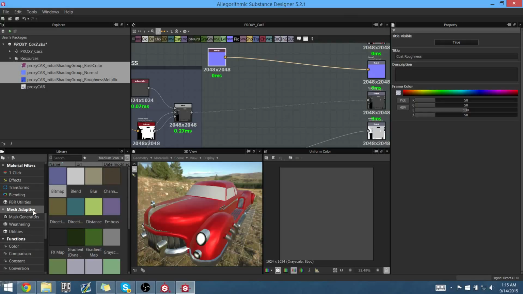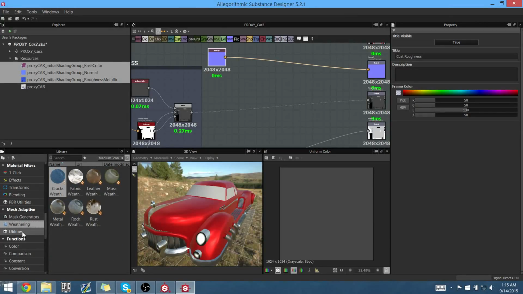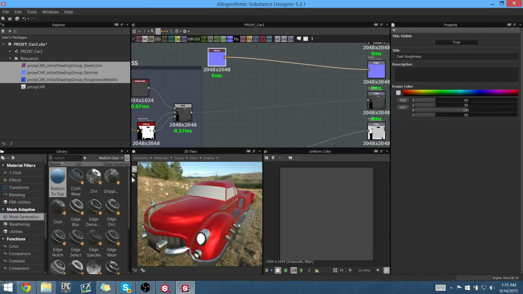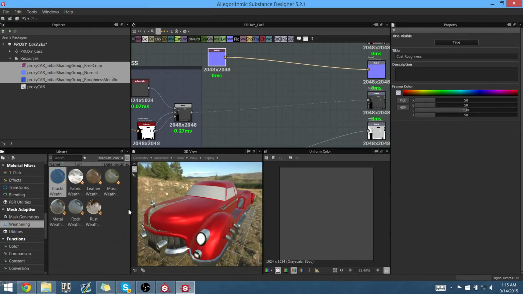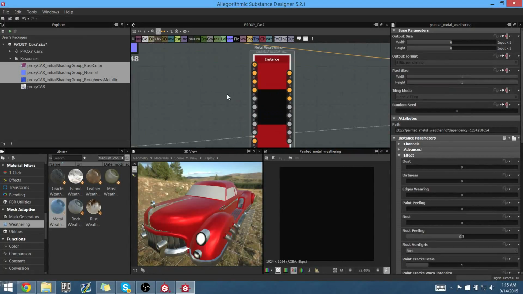So the generator that I'm going to want to use to be able to make a lot of this procedural material show up for scratches, weathering, and all that is, I can come down to my mass generators, and there's a couple. There's weathering and there's also utilities, but I'm going to come to mass generators here. I'm sorry, let's go to weathering. I think this is where I used it last. So let's grab our metal weathering. Let's bring that in, click, and you'll see that our metal weathering is going to need some information here,